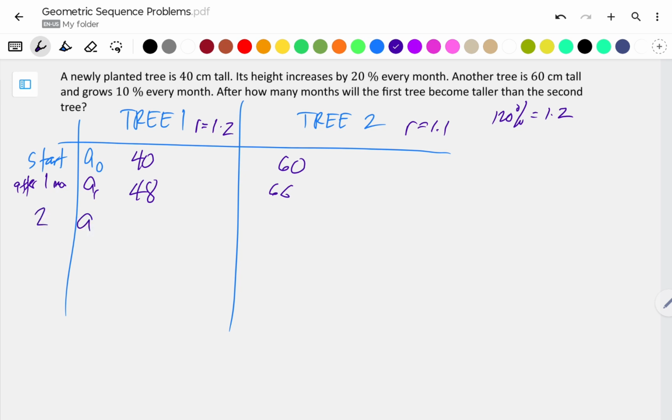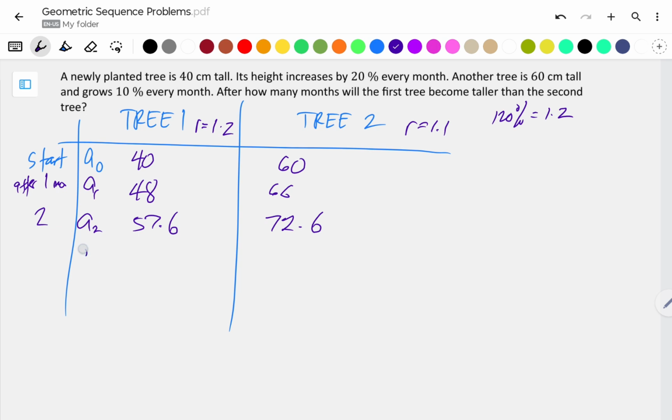After 2 months, that's A sub 2, tree number 1 will grow 20%, so 48 times 1.2, that's 57.6. And then for tree number 2, 66 times 1.1, that's going to be